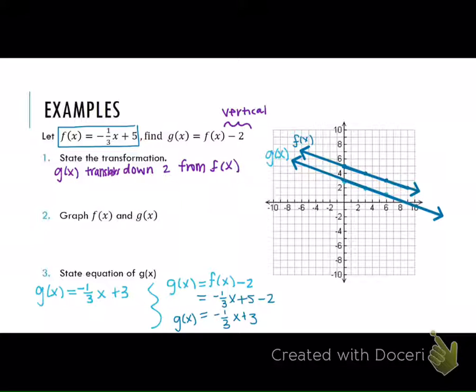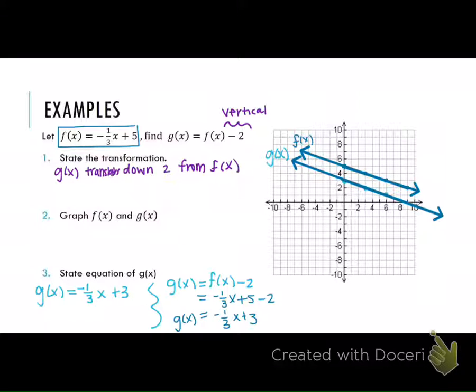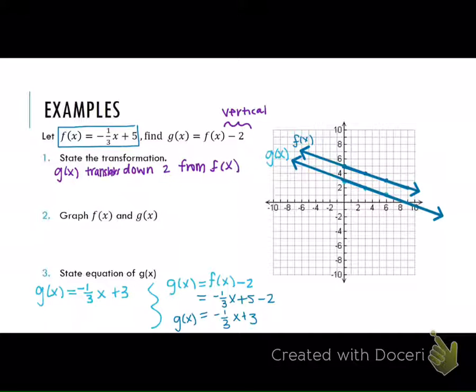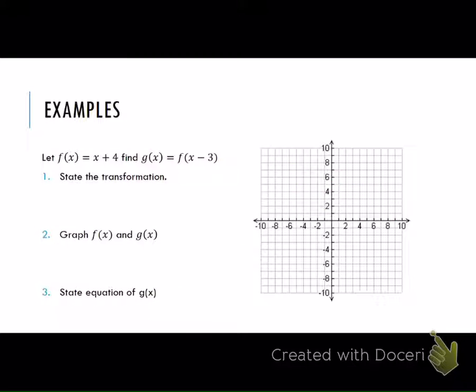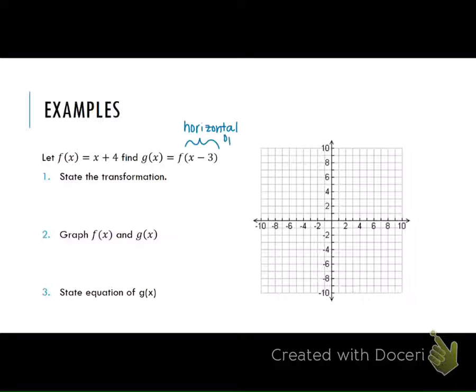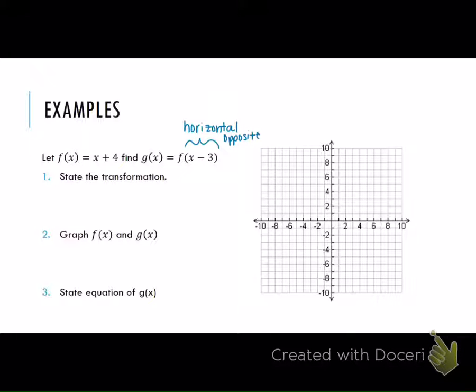Right, horizontal shifts are next. This is confusing. You have to remember which one is opposite and which one is not. So notice it's inside the parentheses. You guys see that? Yeah. So it's a horizontal shift, and it's opposite. Horizontal shifts are always opposite. So instead of you thinking that it's left 3, this is actually right 3. So state the transformation. g of x